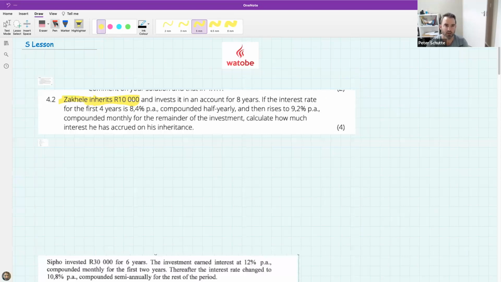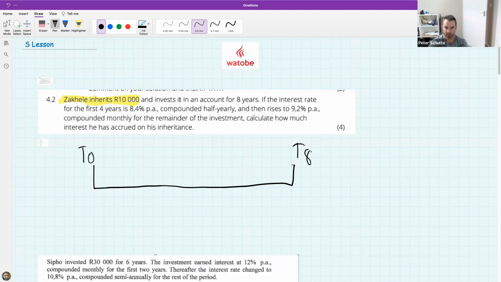So I want you to try and solve this question. Based on the last lesson, what is the first thing we should be doing when we start a question like this? Timeline. I couldn't have said it better myself, Trisha. So we must start with a timeline. And the most basic thing on the timeline is how long does this thing grow for? But I want you to try and fill in the other parts of the timeline now and tell me done when you feel like you're done filling in your timeline. By the time I'm finished with you, you guys are going to be able to do timelines in your sleep. I promise. And these questions will hold no fear for you.